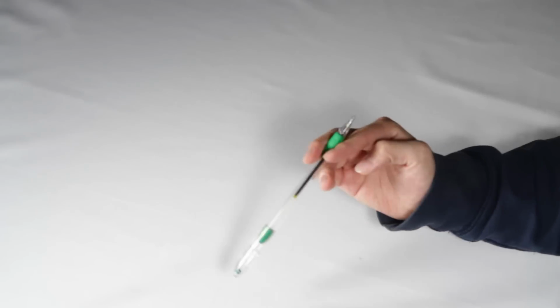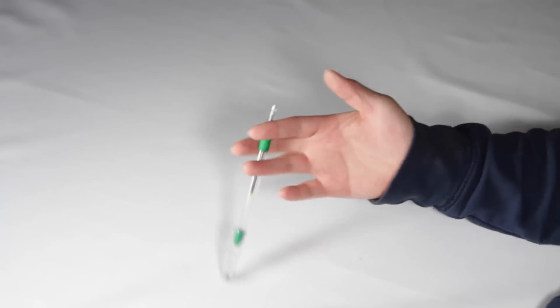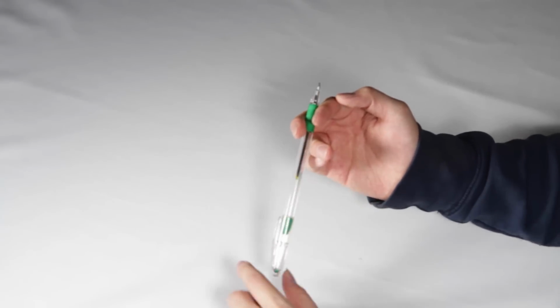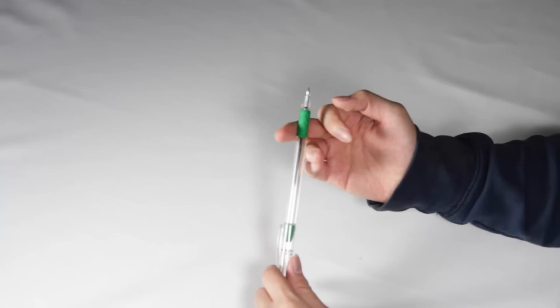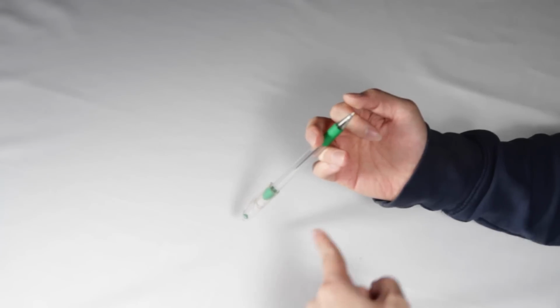And obviously there's no other finger behind it that's supporting it. Hold the pen like this, and the motion is pretty much the same. You're still holding your hand more palm up or palm side. The release of the pen in this case is you dropping your index finger a little bit. So when you drop your index finger a little bit, the pen spins a little bit that way,